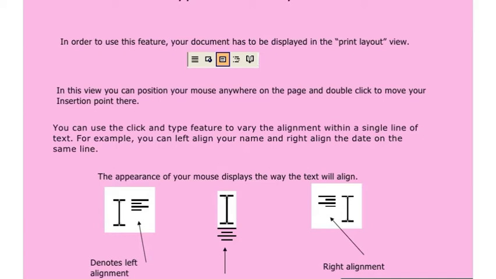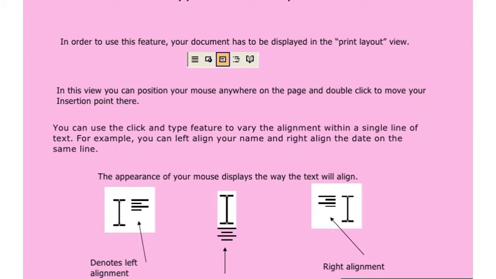In order to use this feature, your document has to be displayed in print layout view. In this view, you can see the logos and these tools are present. You can position your mouse anywhere on the page and double click to move your insert point there. You can use the click and type feature to vary the alignment within a single line of text.